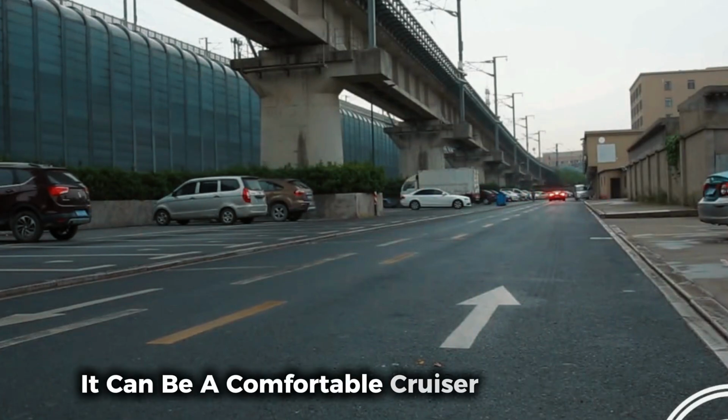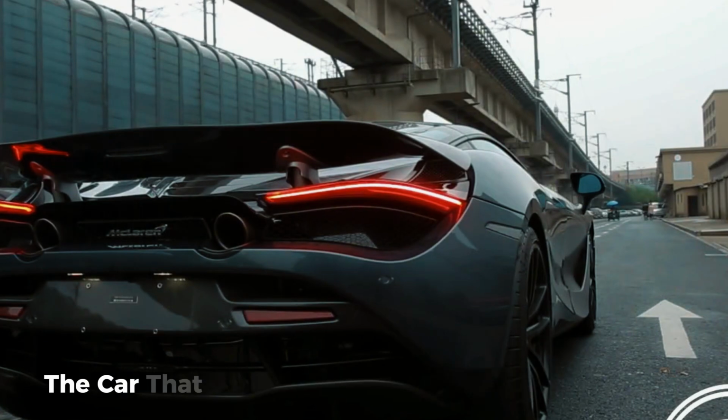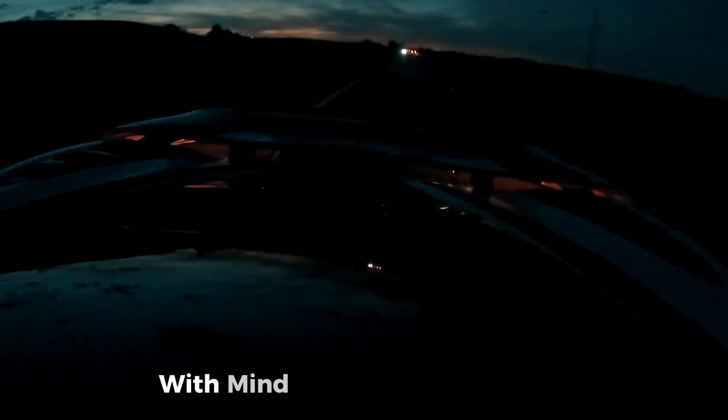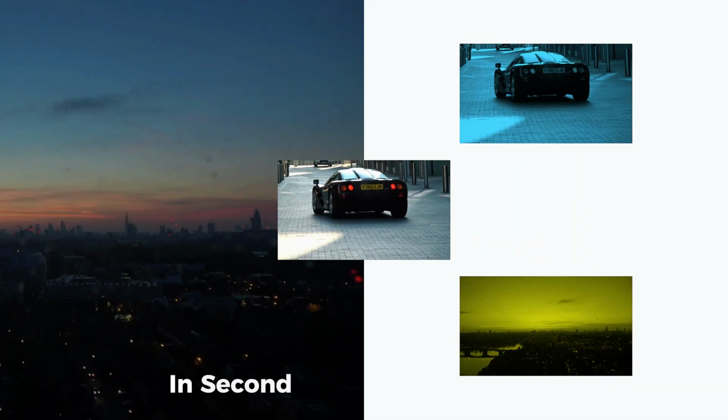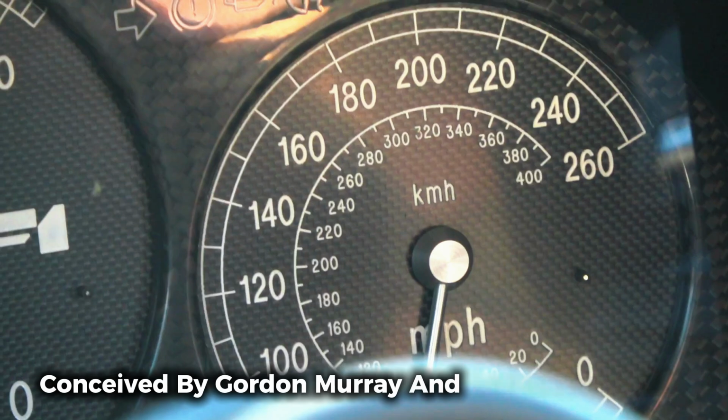It can be a comfortable cruiser one moment and a track monster the next. It's arguably the car that brought McLaren into the mainstream supercar conversation, proving they could blend everyday usability with mind-bending performance. In second place, we have a car often hailed as the greatest, conceived by Gordon Murray and launched in